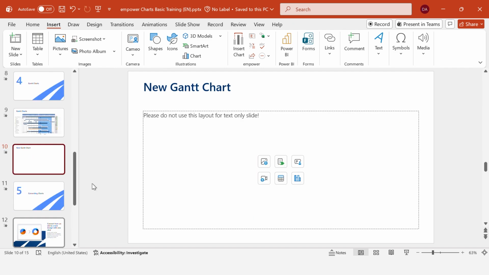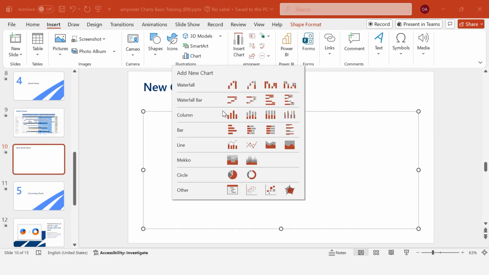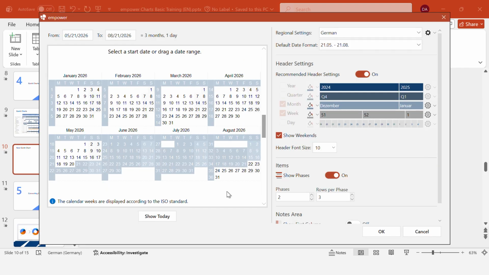On this slide, I quickly want to show you how you can create a new Gantt chart, and it's pretty easy. I'm going to select the placeholder first where I want to insert my chart, and then I'm going to click on Insert Chart, and within the section Other, I will find Gantt charts right here. And here you will find the so-called Gantt wizard, which is basically a settings window where you can set different